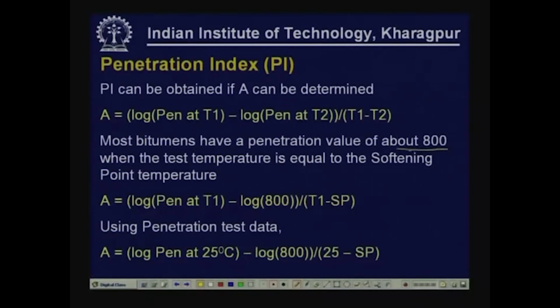This is an observation that has been made on the basis of tests that were conducted on a number of binders, but it is not that all binders are going to exactly have this value. This is a penetration value that can be expected if the test temperature is equal to the softening point temperature. We are getting similar penetration value for all binders, irrespective of whether it is 60, 70, 30, 40 or 80, 100, at softening point temperature,